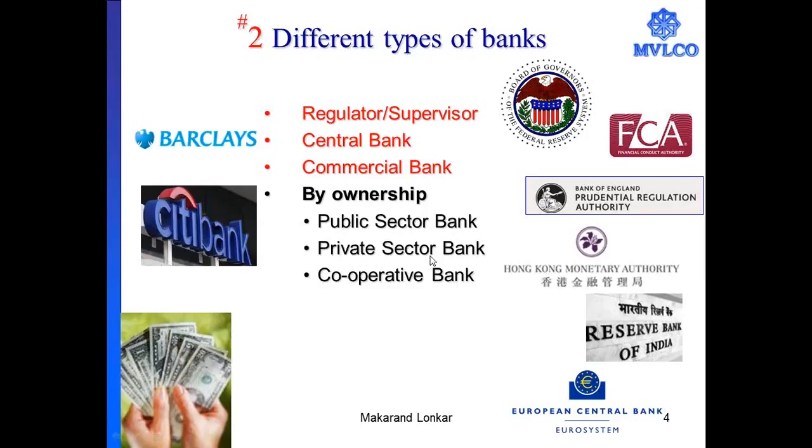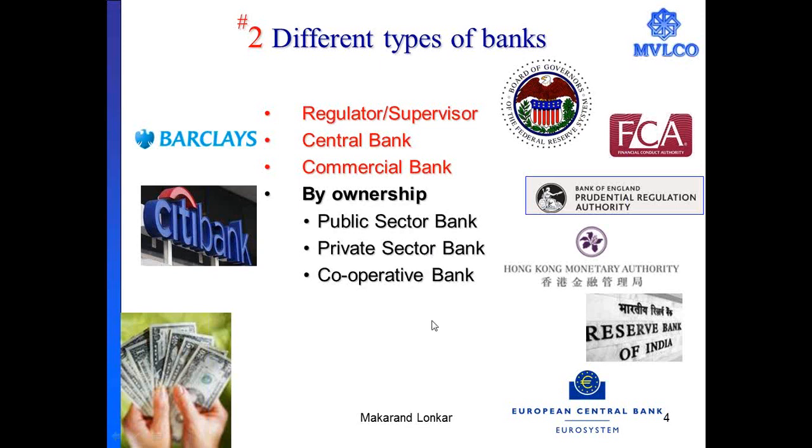Or we could have a private sector bank like Citibank or Barclays, or in India we have the ICICI Bank. So we'll have private sector banks where the ownership is mainly with the general public. And the third category would be a cooperative bank, where members come together, people come together, they form a bank, and then this bank is used to accept deposits and also to lend money to others. So there will be three categories if you go by ownership: the public sector bank, a private sector bank,